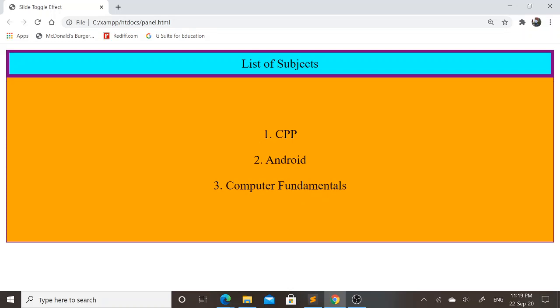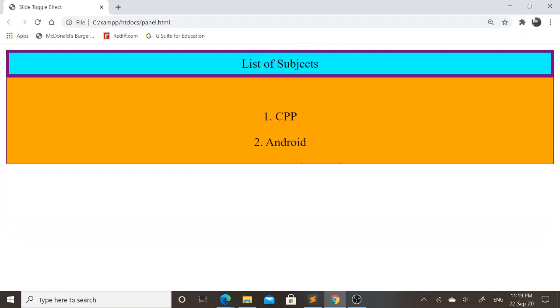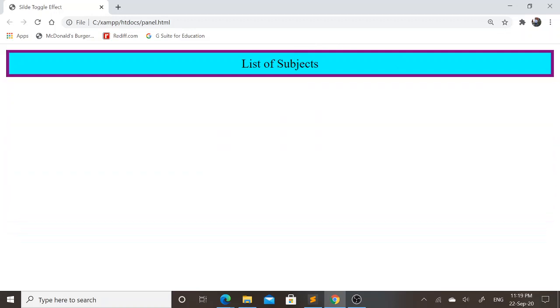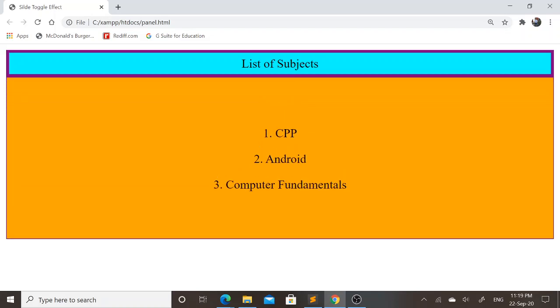So here you can see that after clicking on list of subjects, the particular subject name has appeared in the panel, and if I want to disappear this panel again, then for that purpose I will click on list of subjects. When I click on list of subjects again, that panel will be disappeared. To show that panel again I will click on list of subjects.